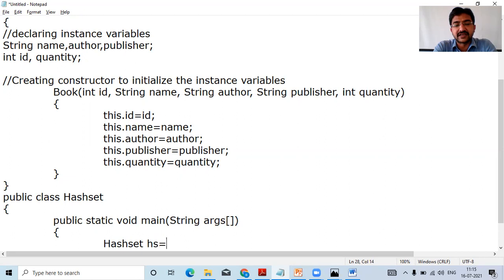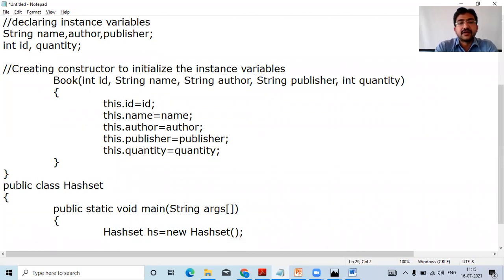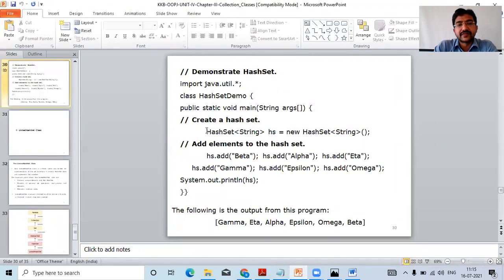Say HashSet hs = new HashSet. We are going to create this. Now previously, normally how we create it, here it is a string type.